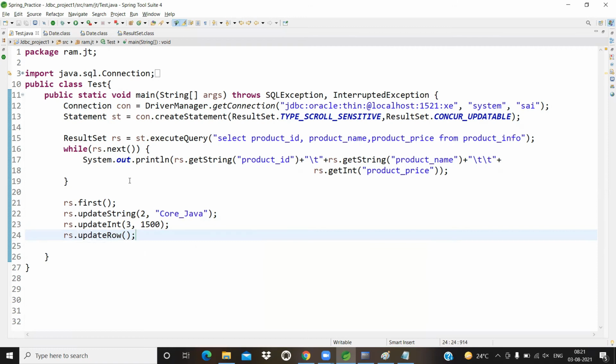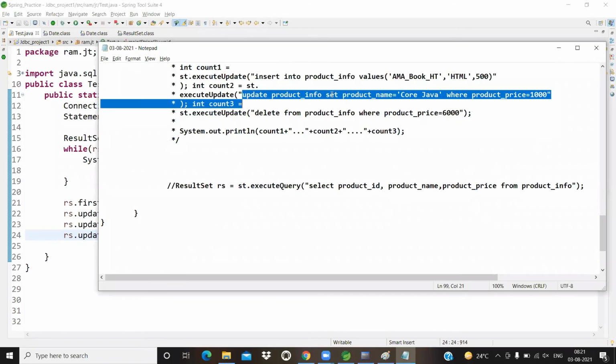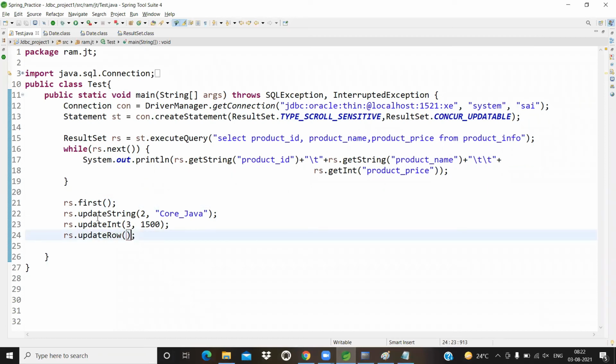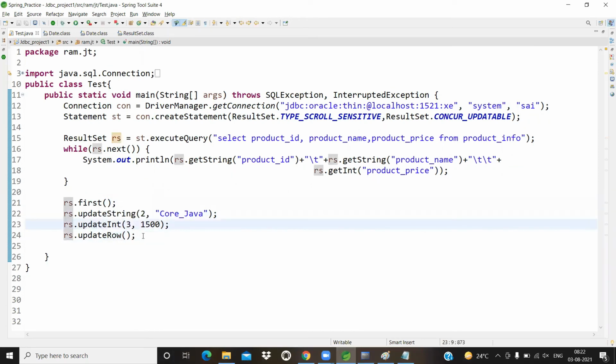So like this, we can update the record. In previous applications, if you want to update the record, what type of code are you going to write? Update table name, set product_name equal to core_Java, product_price equal to 1500, where product_price equal to 1000. But did I write any query here? No, we didn't write any query here. rs.first, rs.updateString, rs.updateInt, rs.updateRow.